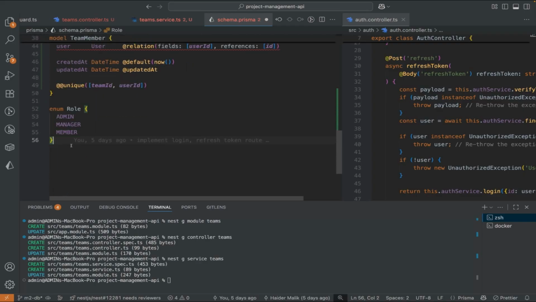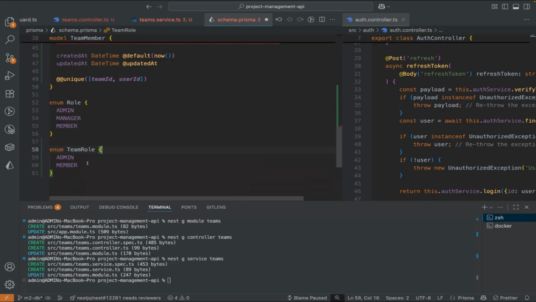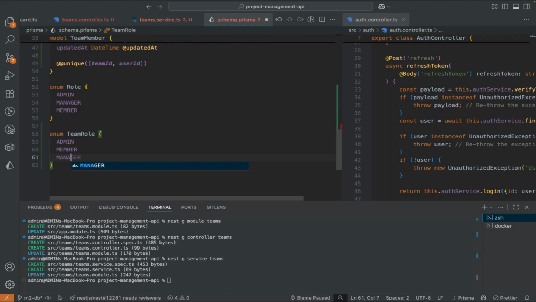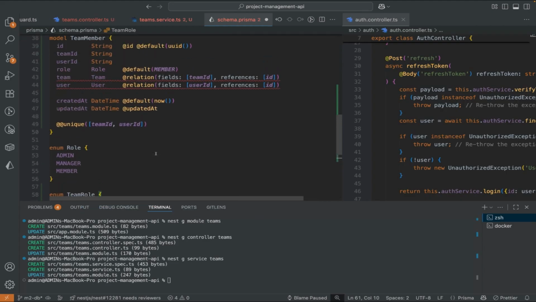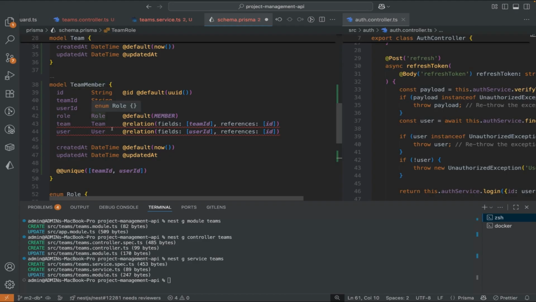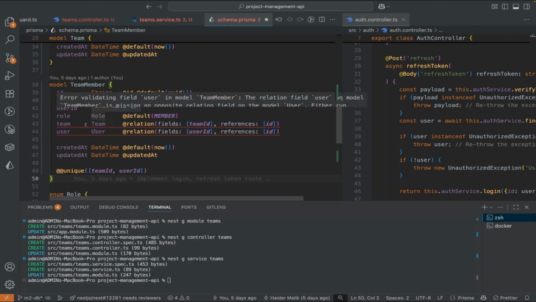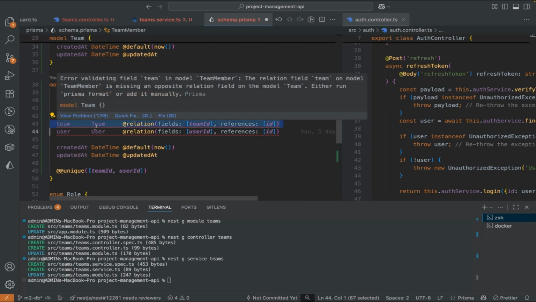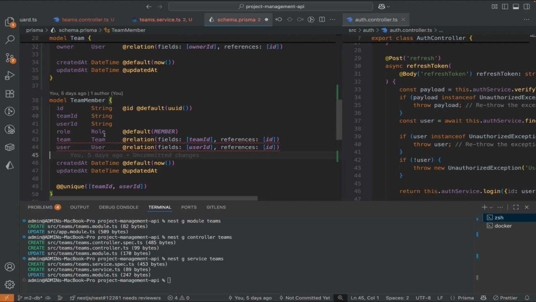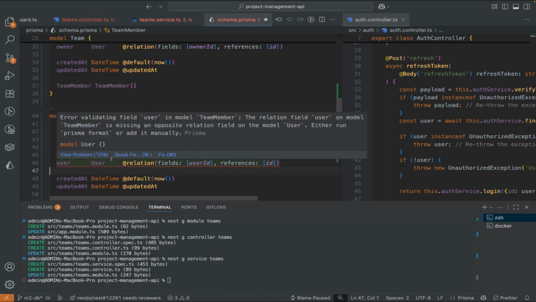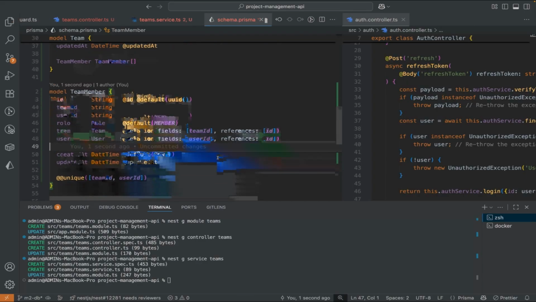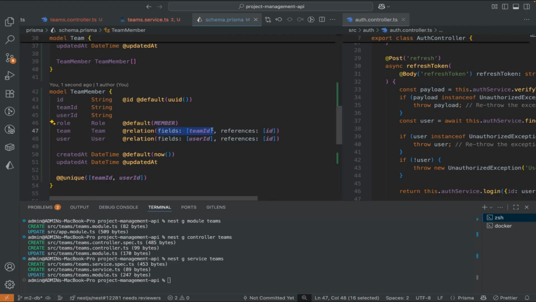We have to create an enum. It should be team role. It should be admin, member, and manager. Let's discuss the relation of member. So each team member will belong to some team. We need to add the missing relation for team member. This one represents the field, which is team ID,